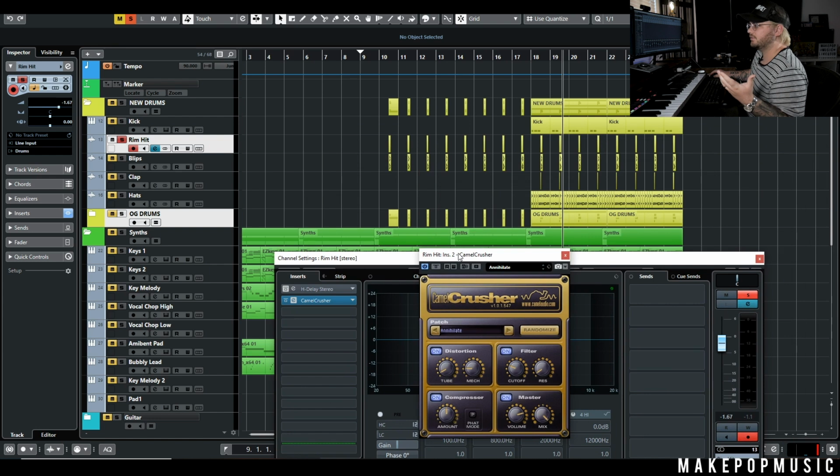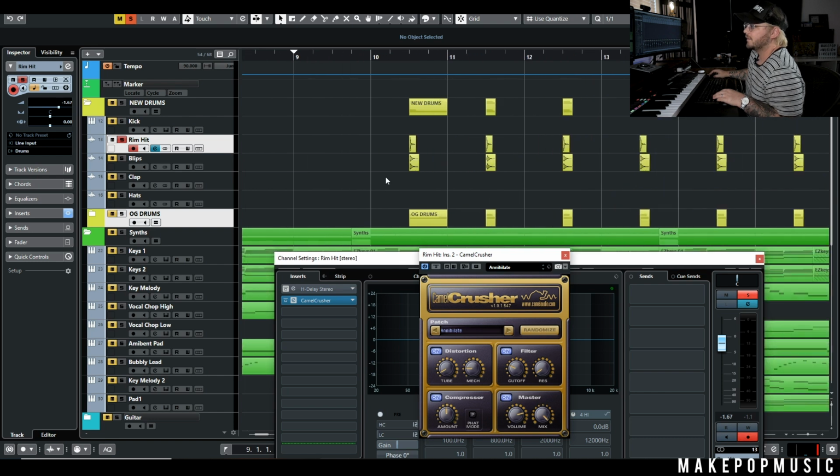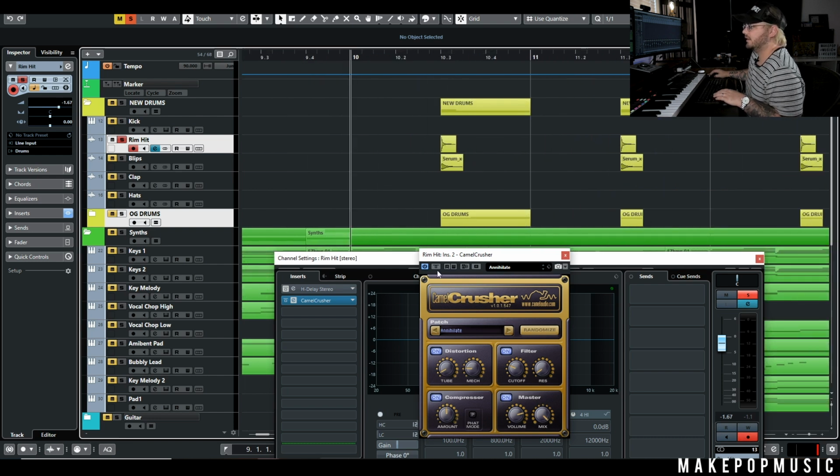And if you've seen our videos, you'll know that I use Camel Crusher a lot on drums. To me, especially for snares and percussive little things like that, it adds so much little poke, and it just has a nice little bit of saturation where it's going to make the sample feel a lot bigger and a lot stabbier, but it's not going to feel really thin. So it is going to compress it, but it's going to compress it to the point where you're not only getting transient and then it's just like a little blip that you barely hear. So we've added that on this rim hit